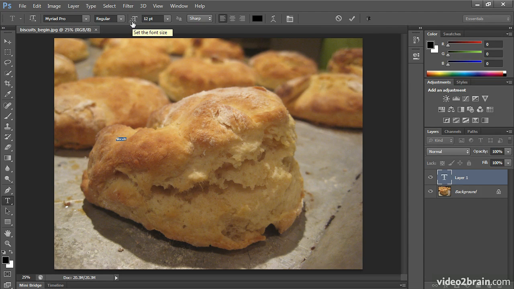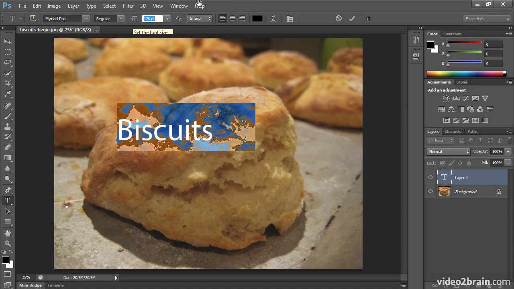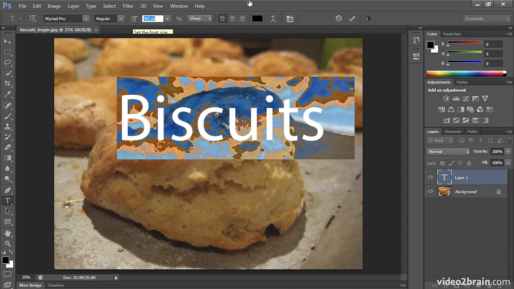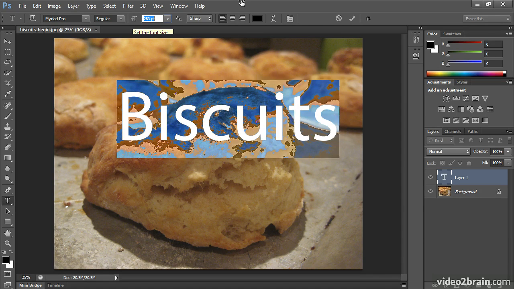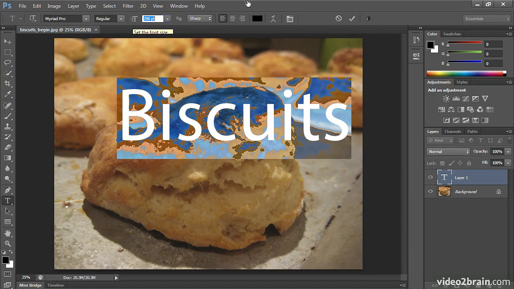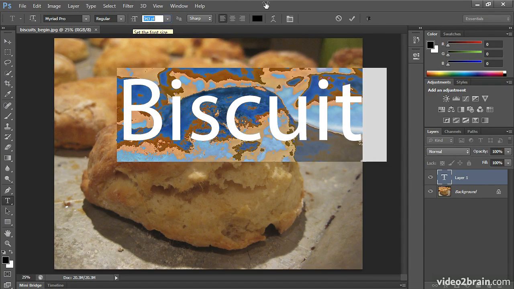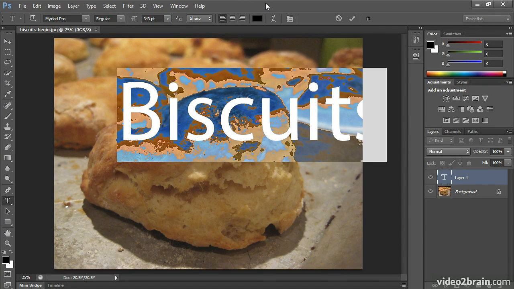Scrubby sliders allow me to get over these two T's where the type size is, and click and drag up and to the right diagonally to make this visually bigger. Even though it looks like I'm going straight right and left, you really want to be dragging at a 45-degree angle. Just imagine a diagonal line, not straight up and down, not straight left and right, but diagonally so it